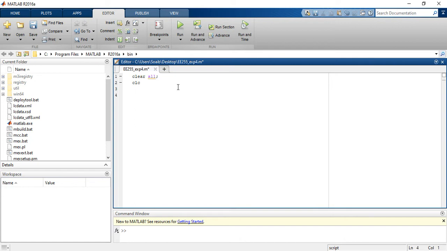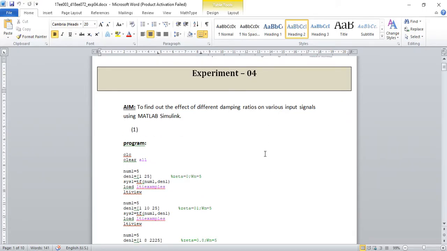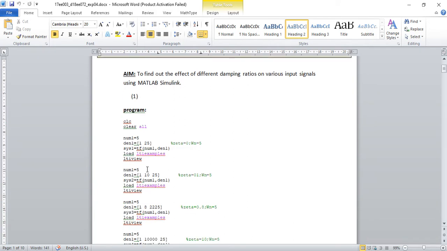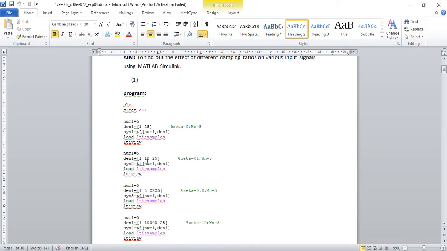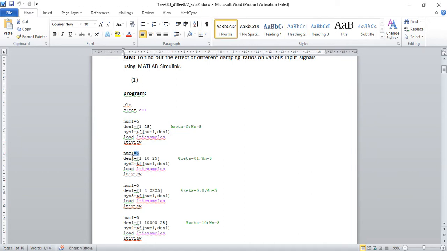Now I need to have some different values. I'll take one system whose transfer function is 5 upon s square plus 10s plus 25. So the numerator is 5, and in the denominator we have s square plus 10s plus 25.